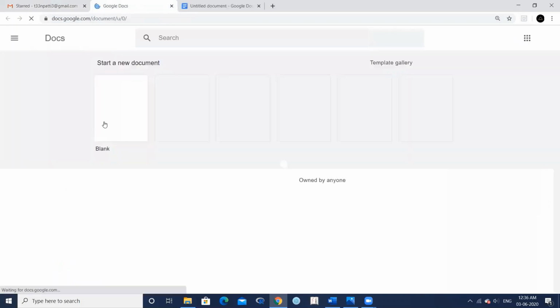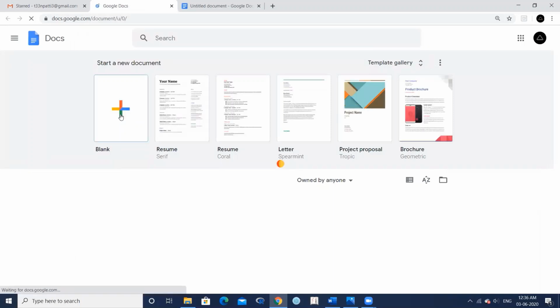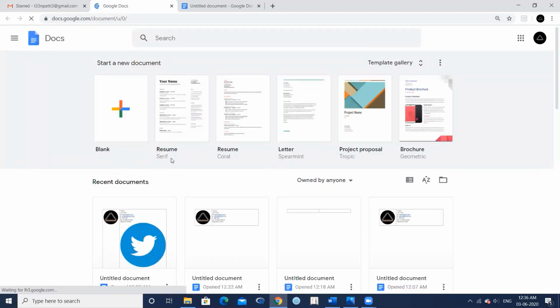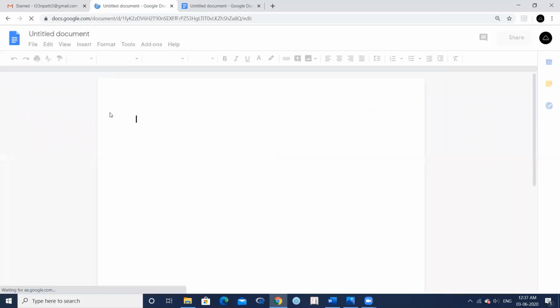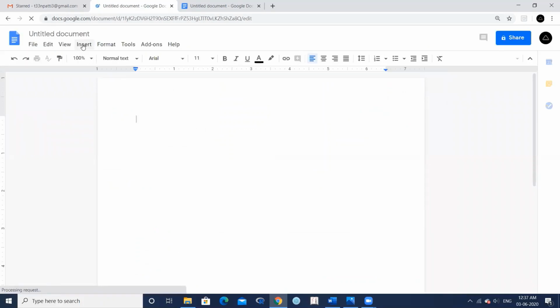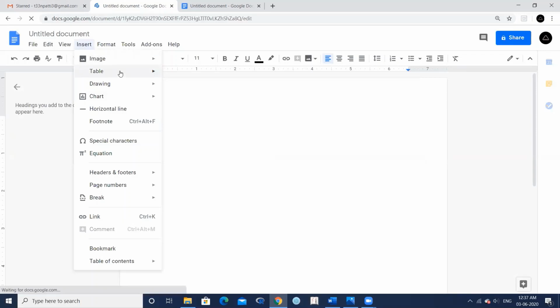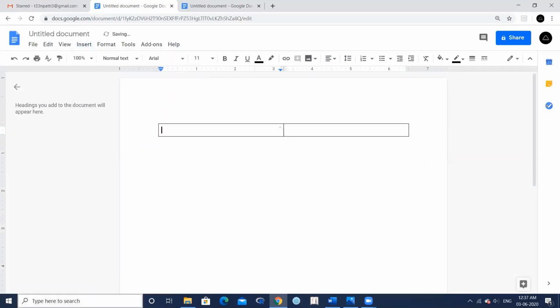So for this signature, I'll be using a blank document. However, you might choose to use one of these templates over here if it fits your requirements. I'll be needing a table for the signature. So I'll go to the insert tab over here and I'll choose table and select the size of the table, which is 2x1 in this case. Where on the left side, we'll have the logo and on the right side, we'll have the details of the